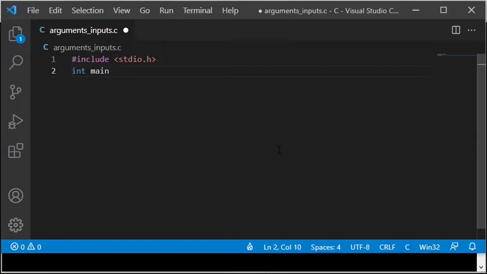Those arguments will get their values when the program is started, for example from a command prompt. The first argument argc is an integer specifying the number of strings in the second argument, which is an array named argv. You can of course give those arguments any names, but argc and argv are very common names for the two arguments of the main function.